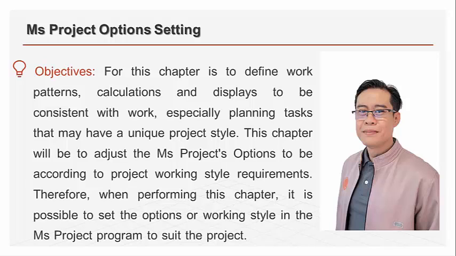The objectives for this chapter are to define work patterns, calculations and displays to be consistent with work, especially planning tasks that may have a unique project style. This chapter will adjust the MIS project's options to be according to project working style requirements. Therefore, when performing this chapter it is possible to set the options or working style in the MIS project program